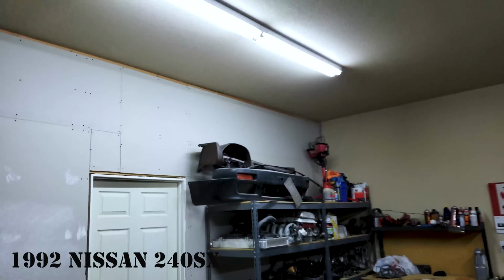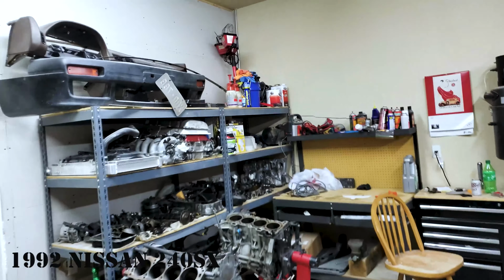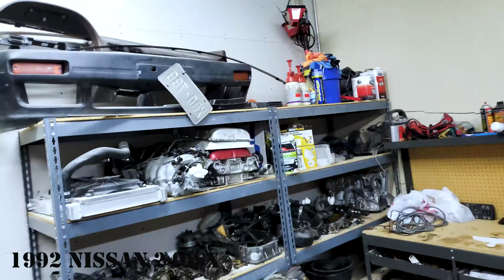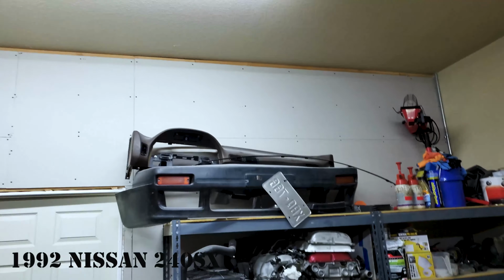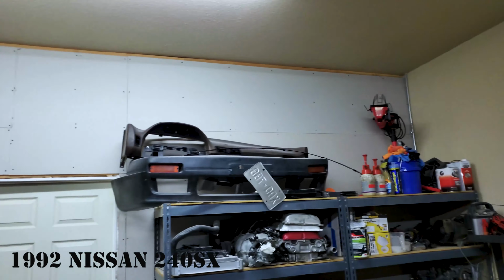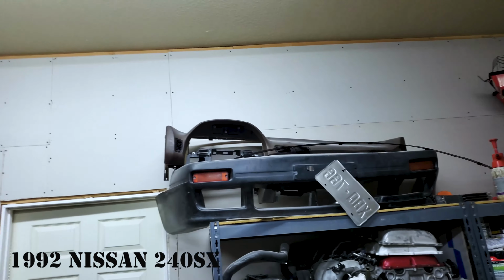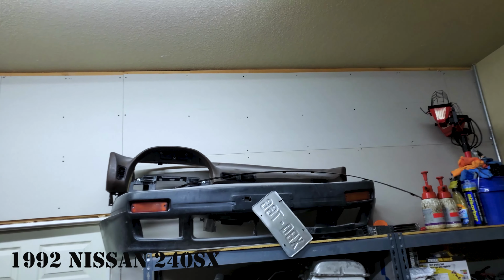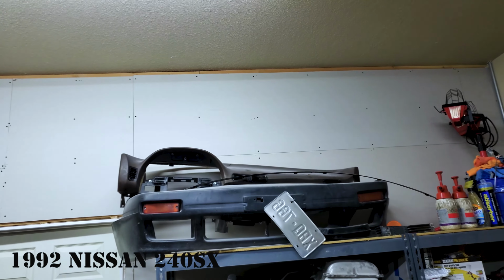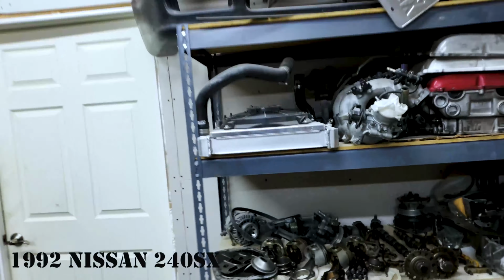But I got this dash because my old dash had a bunch of cracks in it. I tried to fix it. Didn't turn out great, so I scrapped that. Got a new one. It's up there. It does have some cracks in it as well, so I'm gonna fix those. And then I don't know whether I'm gonna flock it, or I kind of want to do something with leather, get like super clean stitching on all the seams and stuff. So I'm thinking about that. Not sure if I really want to go that ham, but